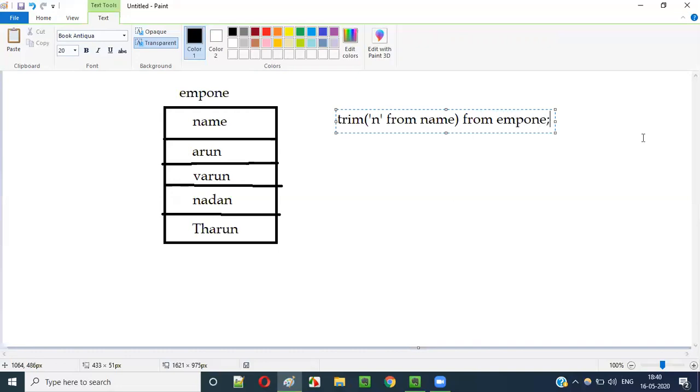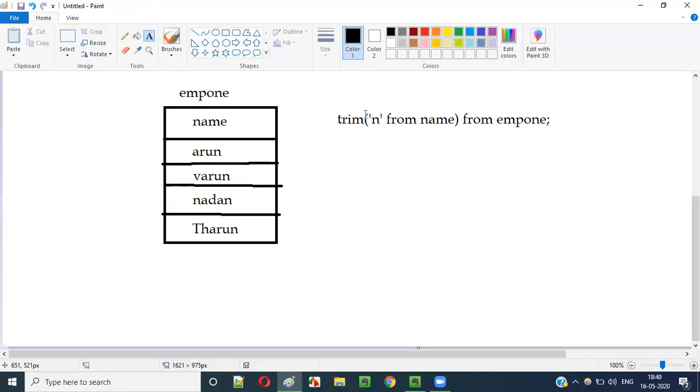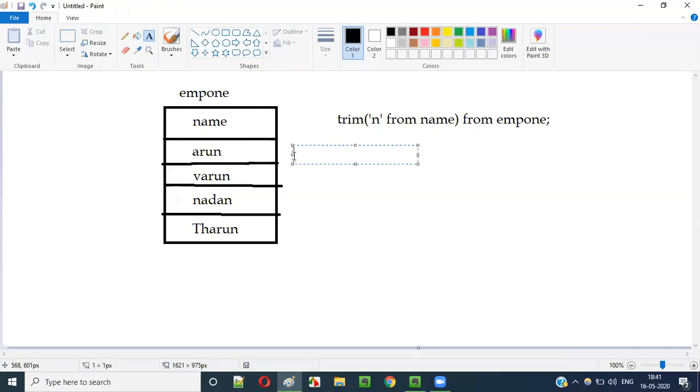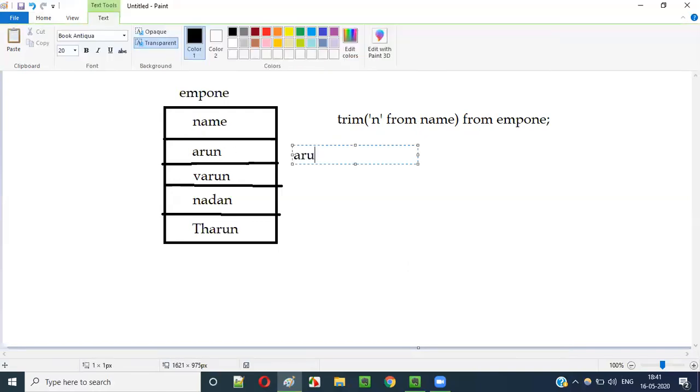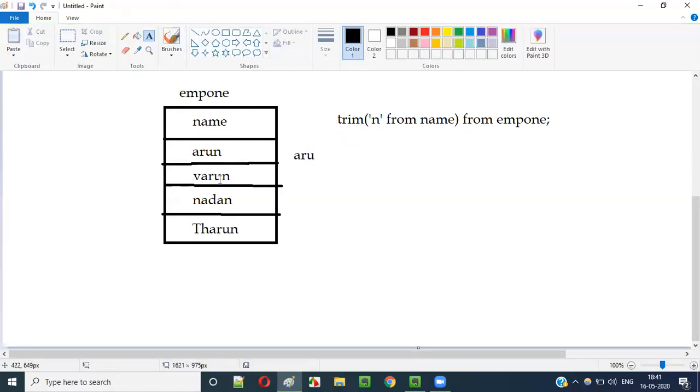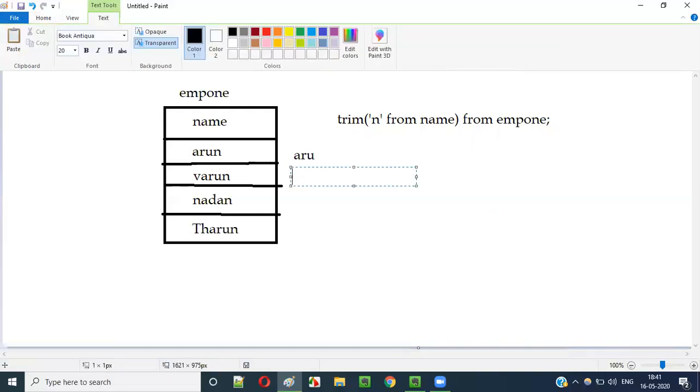If you run something like this, this trim function will remove the corner character, that is n, from this name column. For example, in Arun the corner character is n, on the right side, so the result will be Aru. Similarly, in Varun the right side corner character is n, so n will be removed, and the result will be Varu.